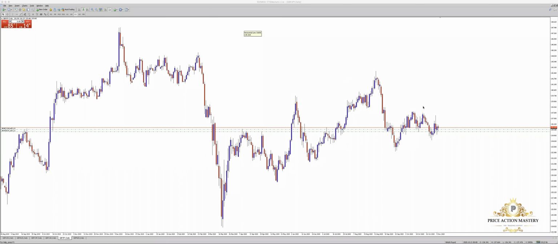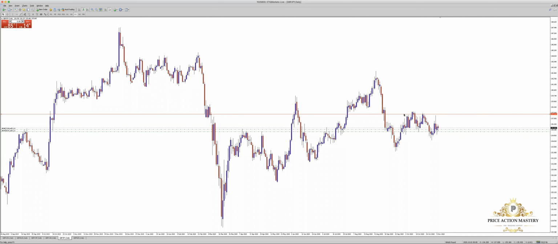Basically we can see that the market is in a range. You can see the market basically is in a range. So in the range now, it's already at the bottom of the range, so buy is much better. But as you can see, this trade area is just in the middle, right? So I'd rather wait for the market to touch this bottom, then I go for a buy.